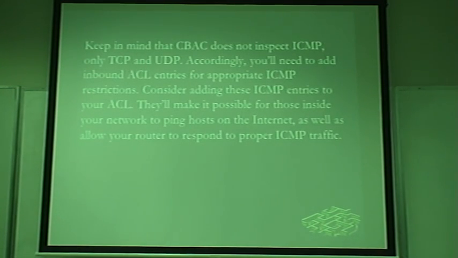Now keep in mind that CBAC does not inspect ICMP traffic, it only does TCP and UDP. And you'll need to add inbound ACLs to allow ICMP into your environment, if you want it. Sometimes you will want that because you may want echo traffic or echo return traffic for ping, traceroute, unreachables